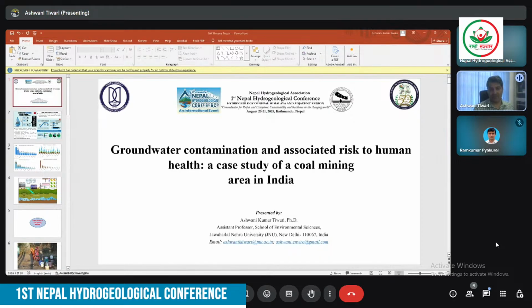Different elements, for example, the Gangetic belt is contaminated with arsenic. Some places are contaminated with chromium, especially Kanpur, which is an industrial area. We also have a problem of fluoride. Many states are suffering from the crisis and risk of fluoride contamination. Nitrate is a common contamination everywhere because we are doing lots of agricultural activity and we created lots of issues with nitrate as well. And if you see the overall picture,